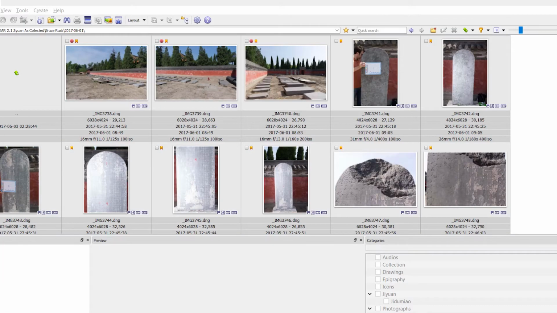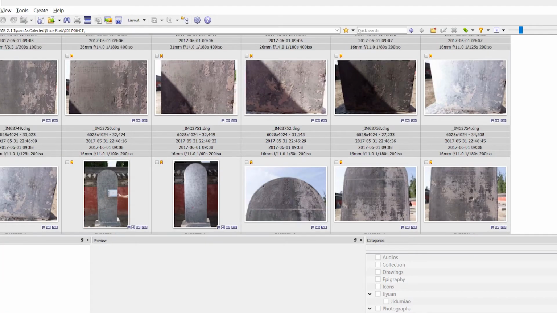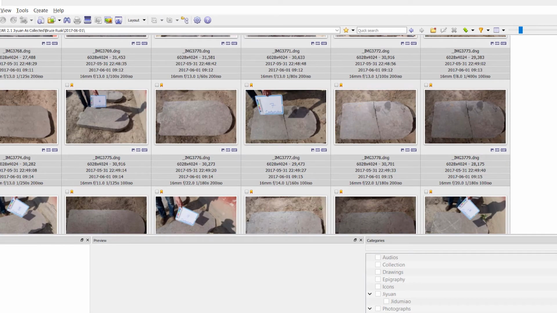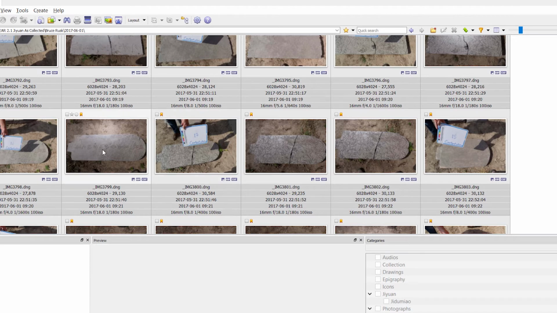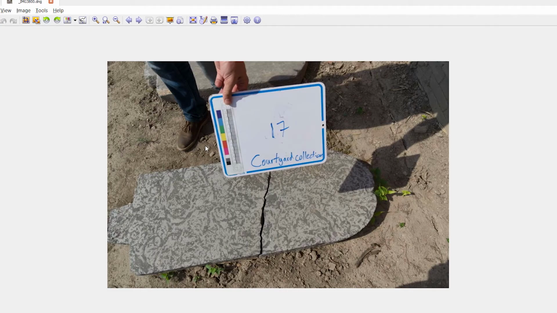This has 2 effects. First, when you scroll through the thumbnails in a large folder of photos, the plain white photos of the board stand out and act as bookmarks. They separate each sequence of pictures into a distinct group. Second, they can record key information so that you can link it up to the notes you take in the field. What exactly you record on the whiteboard will vary a little.